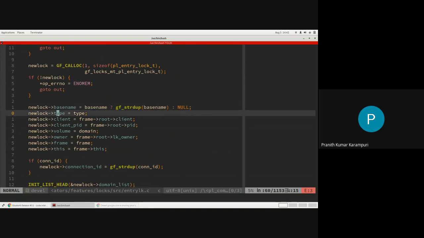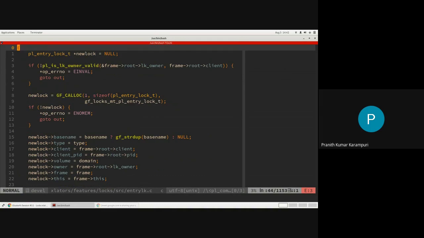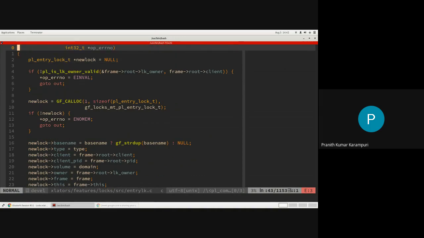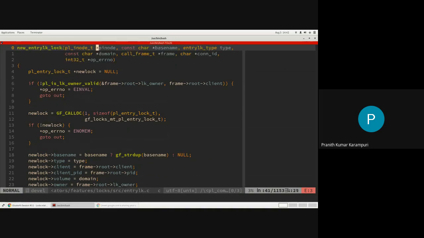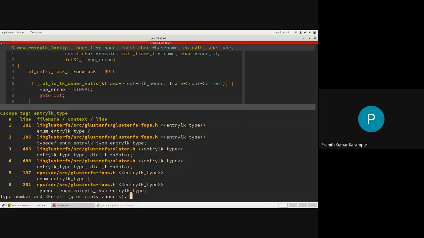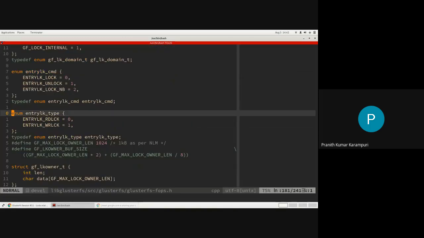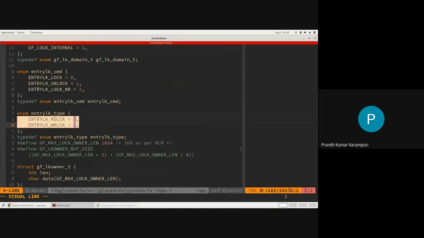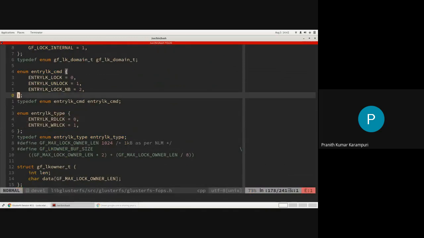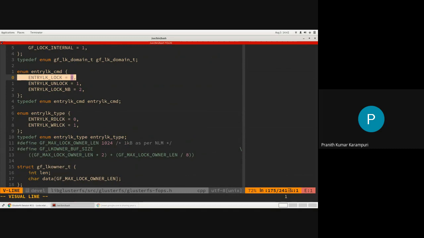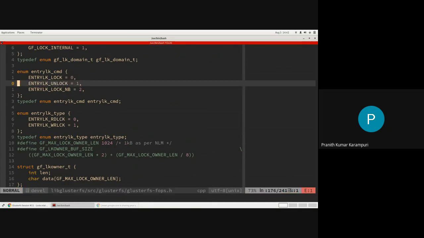The type could be, okay, we can probably show you the type. Yeah, so basically we have read lock, write lock, and then we also have the command, which is lock. Lock is your wait blocking lock. Unlock is for unlocking.